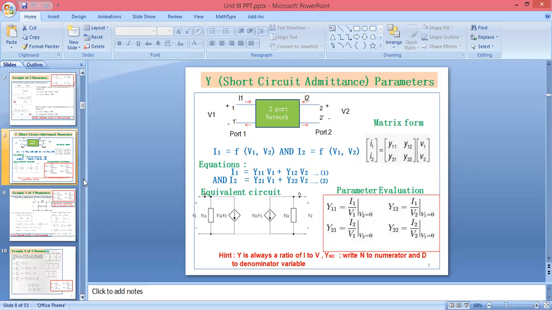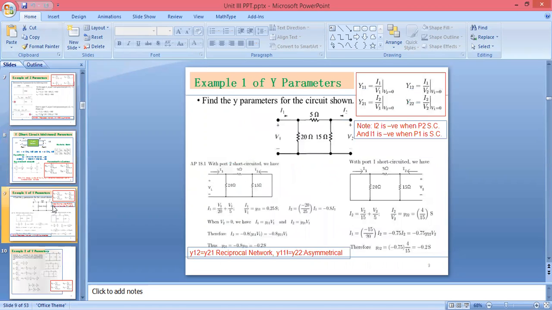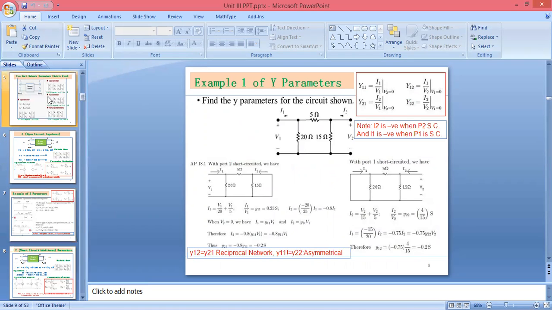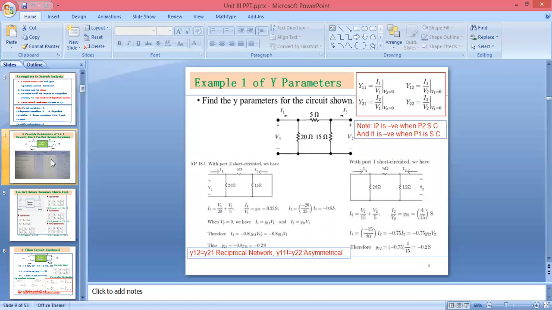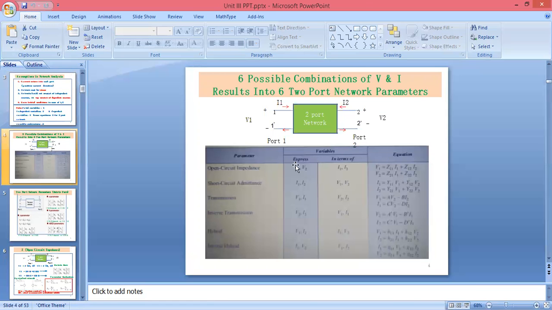जैसे हमने कल Z parameter का देखा वैसे ही, if we are having one circuit, what we have to do is find the Y parameter. So which equations will be needed? You are supposed to remember these equations. Only upon these equations you can solve any possible combinations out of these 6 possible combinations. What will be needed here? Only you are supposed to see these equations.